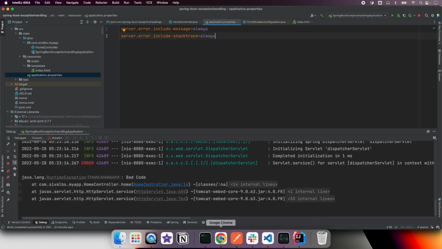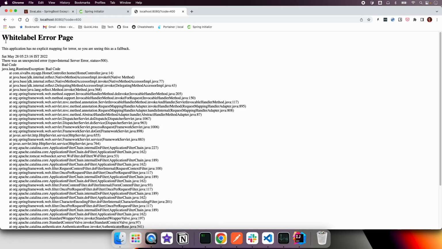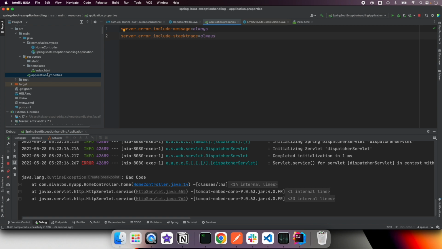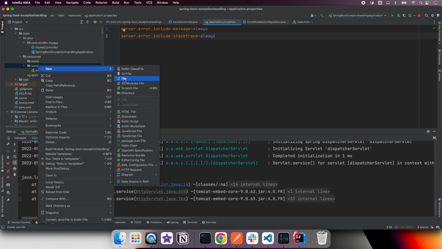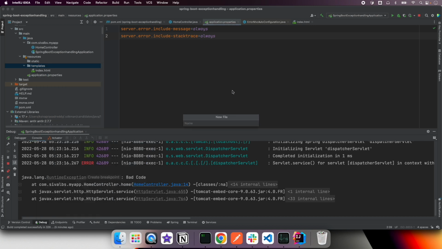So Spring Boot is able to handle it by default, and then it is able to render this default error page. But what if we want to customize it? What if we want to show a nice error page, unlike this plain simple error page? So we can create our own custom error template, and we are able to render it however we want to. Let us create this